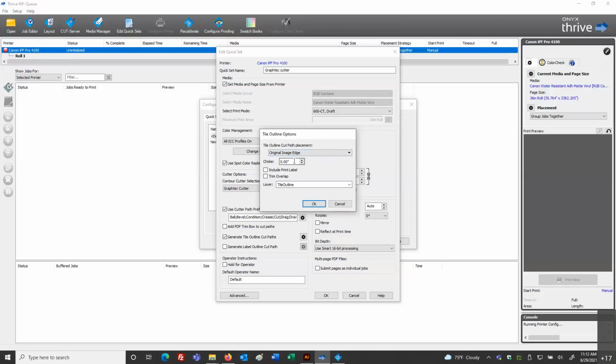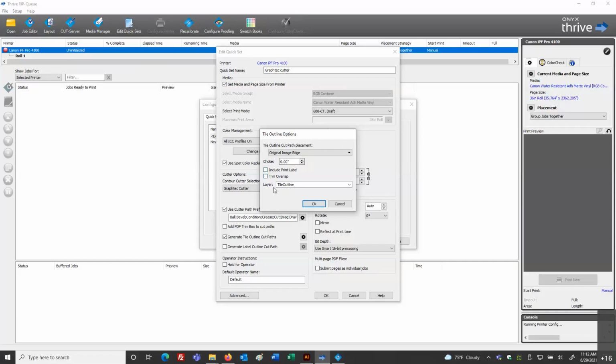Choking that, skinnying that, making that smaller to just make sure we get maybe all of that image area for that tile. We could tell it to include the print label when it cuts. And then we can also tell it to trim away any overlap. So should we have any overlap going on in our tile, we can have that overlap trimmed away.